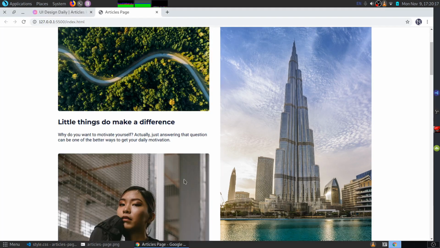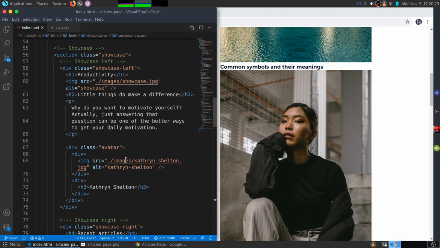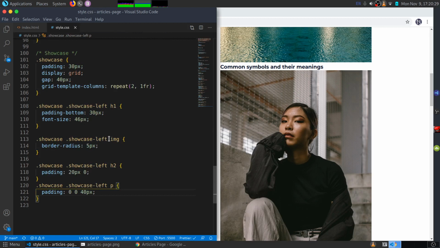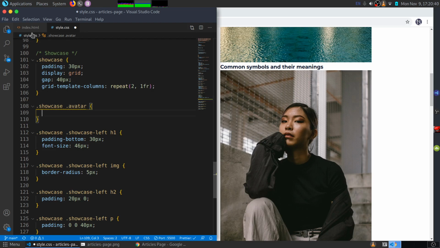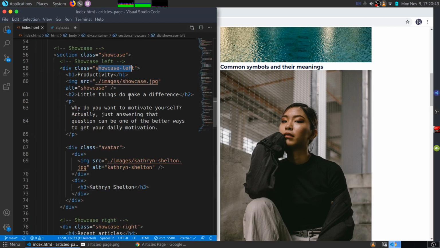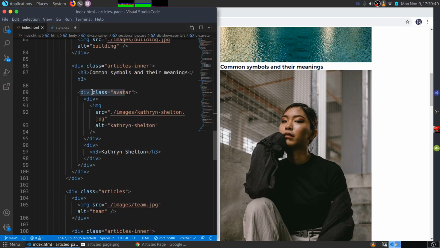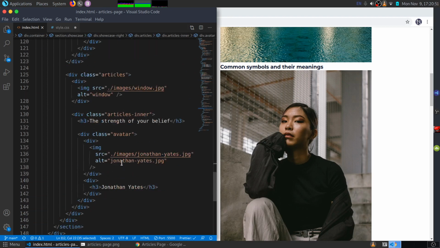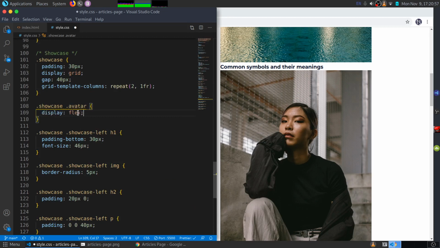40 pixels. Okay, now let's deal with this avatar. Now I gave this the same class of avatar, so I don't want to style it inside the showcase left, but I want to style it inside the showcase. So what I'm going to do is come right up here and I'll say showcase and the class of avatar, because this avatar is used so many times, and not only in the showcase class but also in the showcase right class. So I only want to style it once so that I can target all the other classes here, and here, so that I don't have to do it 4 more times. So I'm going to say display flex,